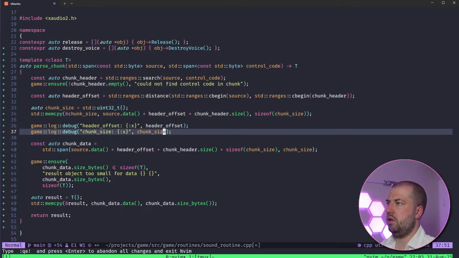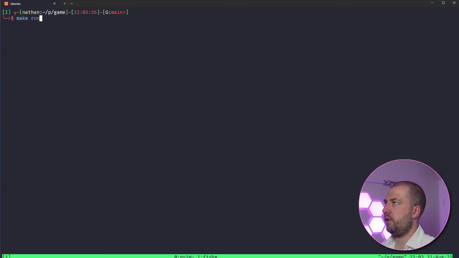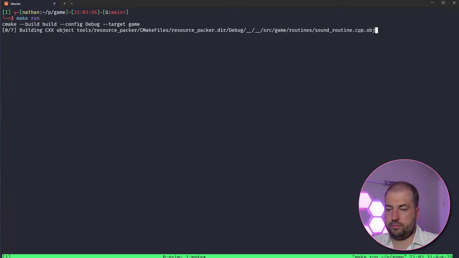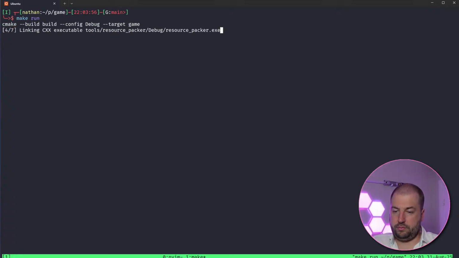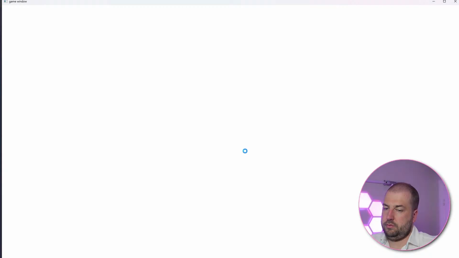I'm gonna not think too hard about that because it means there's another bug in my logging library, which I really don't want to worry about now. Oh, did I?